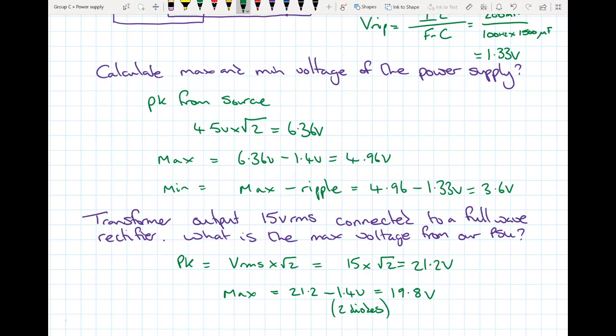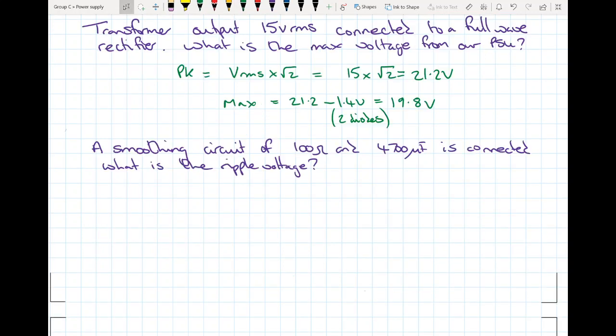Okay, let's finish off with a ripple voltage. So let's connect a 100 ohm load and a 4700 microfarad capacitor to that. Okay, so the first thing we need to know is what is going to be our current in our load. So current is equal to voltage divided by resistance. So we've just worked out that we've got a maximum of 19.8 volts with 100 ohms, which gives us 198 milliamps. So therefore our ripple voltage